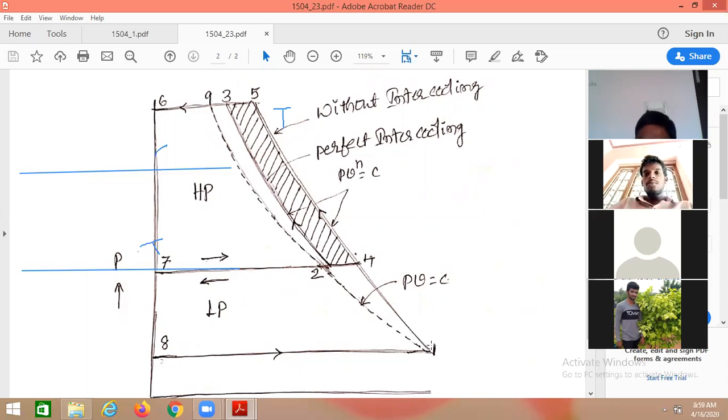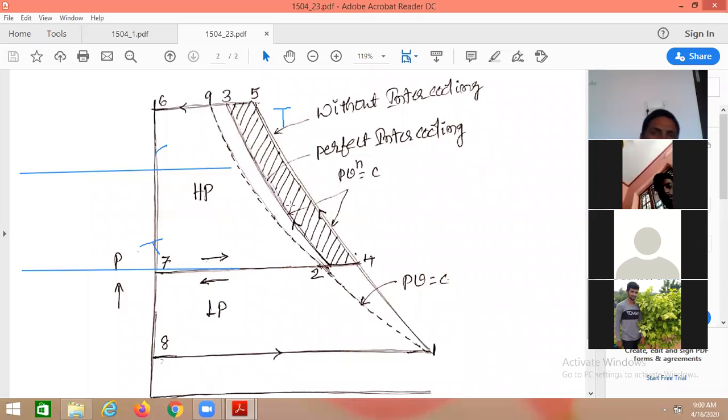That means the temperature before entering into the LP cylinder is the same as the temperature after the compression in the LP cylinder. Suppose the same isothermal process is extended up to the end of the second stage also, this is the process we can represent. One line is the actual isothermal process if it is continued up to the second stage of compression also. But originally, what is the process that is followed by the compression?